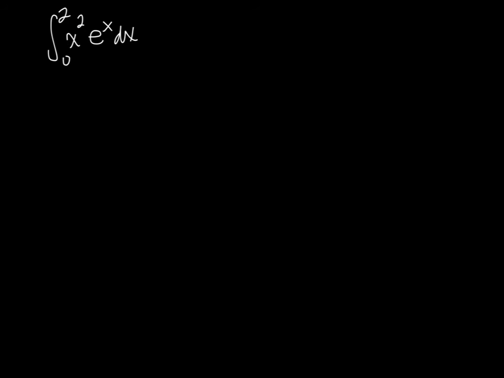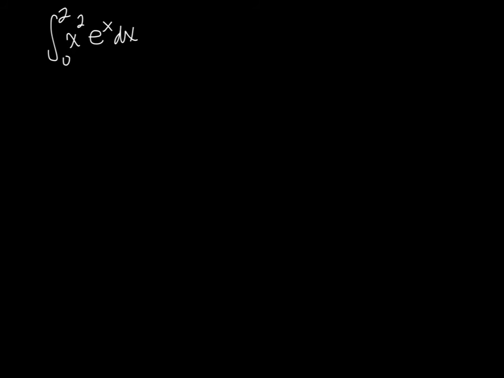Okay, one more. Now this is x squared times e to the x, and it's also a definite integral, so we'll have to keep that in mind. But this is, again, a good candidate for integration by parts, because u substitution won't work here. Normally with u substitution, you want to pick something whose derivative is present also in the problem, but it's a little tricky here. It's not going to work out. We're not going to get a simpler or easier to integrate problem. So we're going to go ahead with integration by parts.